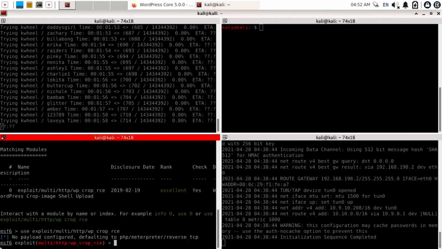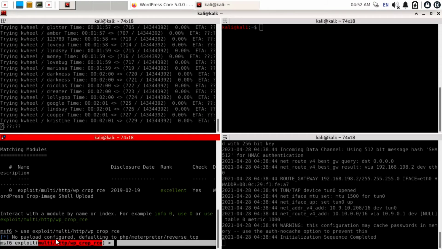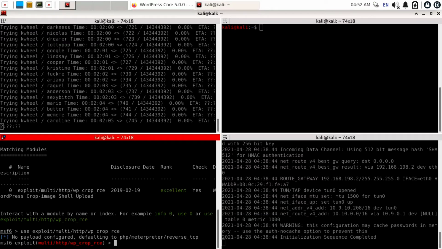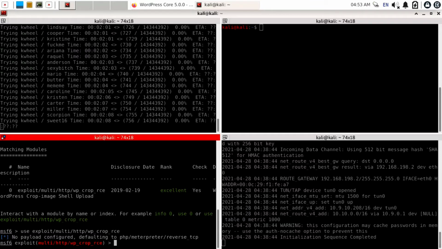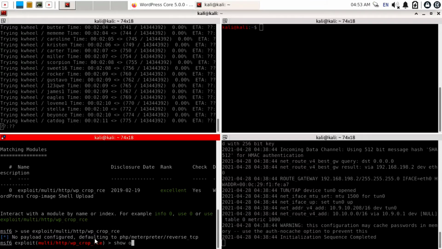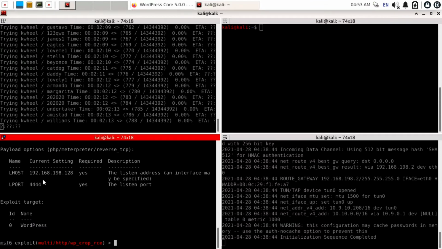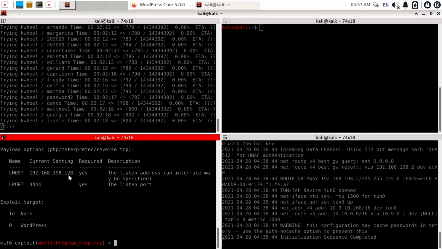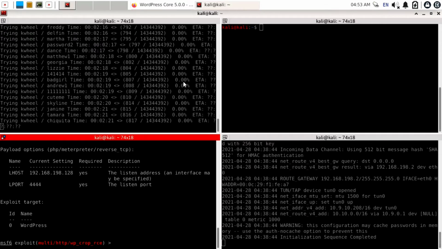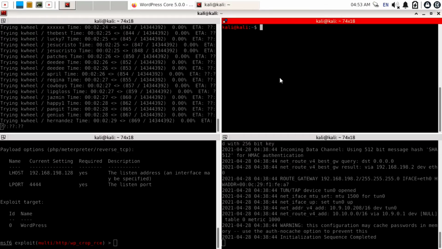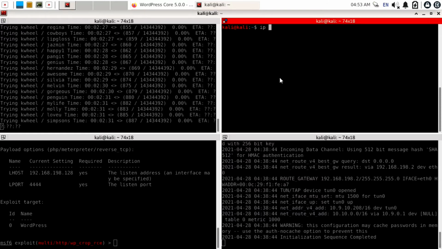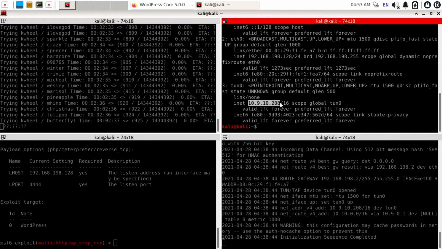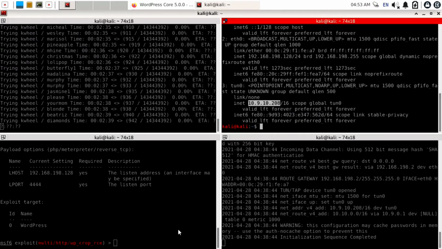Here you can see we are successfully able to use this exploit. Now we need to find all the necessary options of this. So to find options, you can use the command show options. There are multiple options. So the first one is LHOST. It is the local host, meaning it's our IP, the attacker IP. To find our IP address, you can just use the command ip a. So it will display our IP address. So our IP is 10.9.10.208.